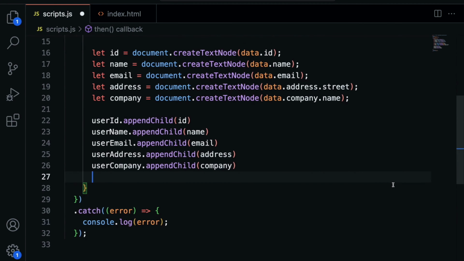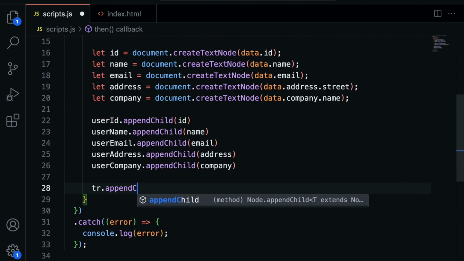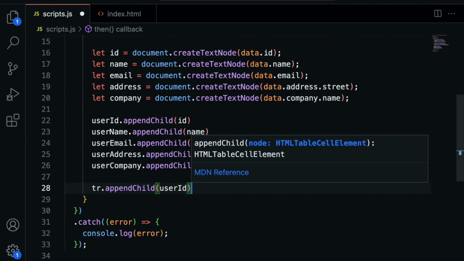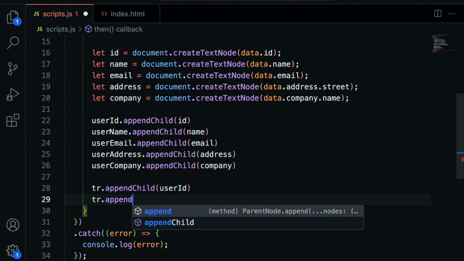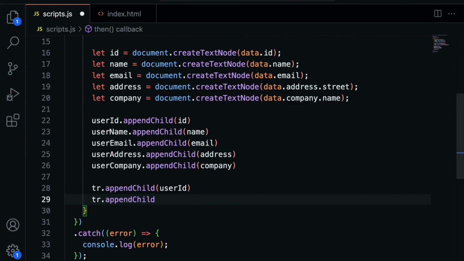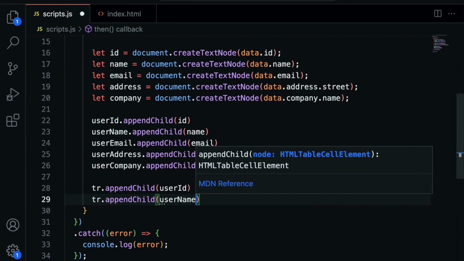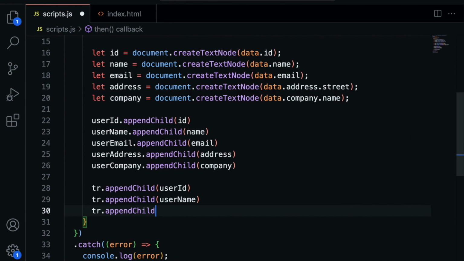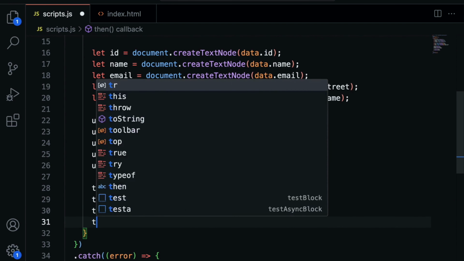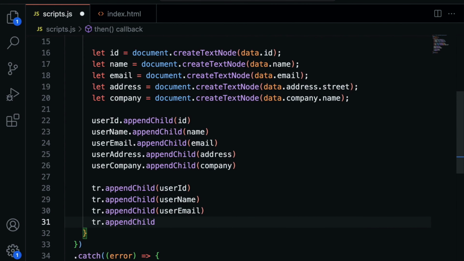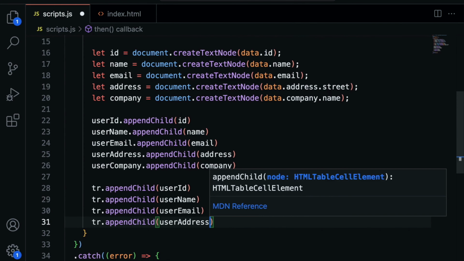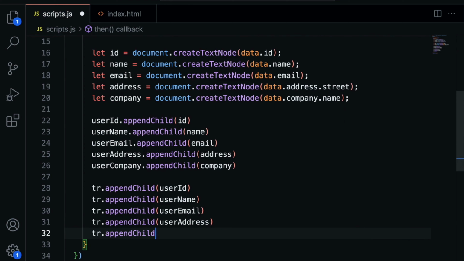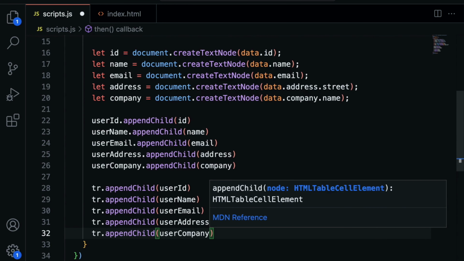Then TR dot append child user ID, TR dot append child user name, TR dot append child user email, TR dot append child user address, TR dot append child user company, and then